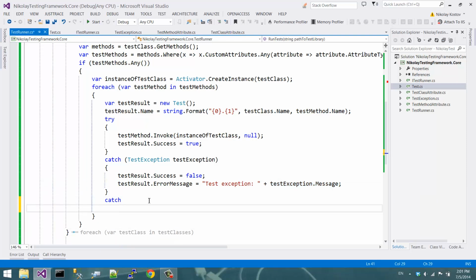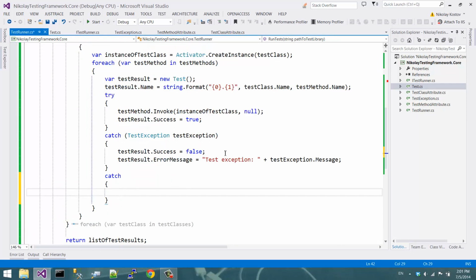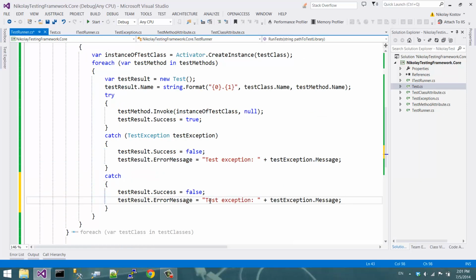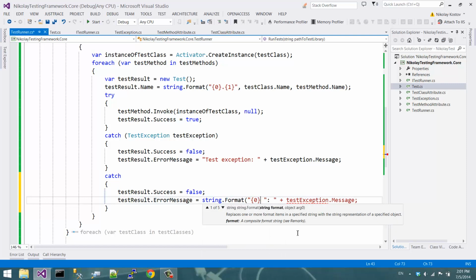In case of any other exception, we will again create a string.format with the exception type and the exception message. Okay. Test exception, that we have custom exception here,